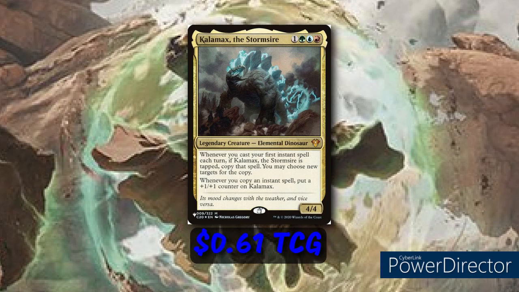Whenever you cast your first instant spell each turn, if Calamax the Storm Sire is tapped, you copy that spell, and you can choose new targets for the copy. Whenever you copy an instant spell, put a +1/+1 counter on Calamax. So yeah, this is just going to be a great way to literally double up every instant spell we cast,